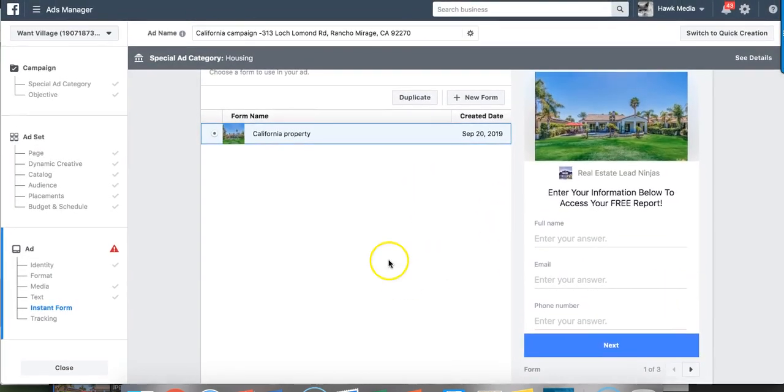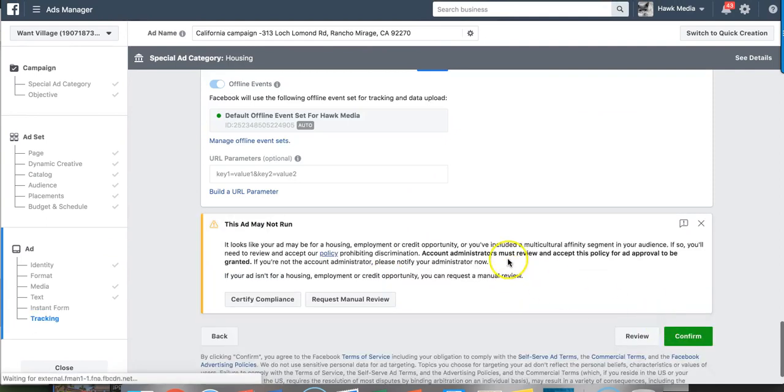Okay, and the next thing you do is just simply click on submit, confirm. Sometimes you might get this message. It says it looks like your ad may be for a housing, employment, or credit opportunity, or you've included a multicultural affinity segment in your audience. If so, you'll need to review and accept our policy prohibiting discrimination. Account administration must review and accept this policy for ad approval to be granted. If you're not the account administrator,